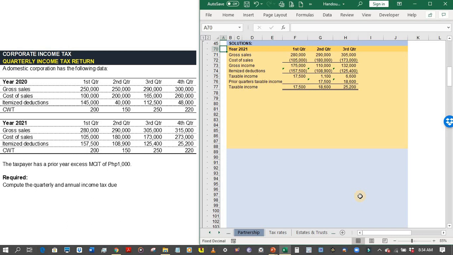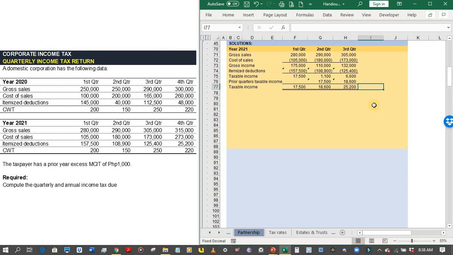So this is for the year 2021, which covers the 12-month period. So unlike what we did in 2020, I've only computed for the fourth quarter taxable income up to this row. Then I added the prior quarter's taxable income, which covers first, second, and third quarter in order to compute for the annual taxable income. But this time, for 2021, I will present to you the computation that appears in the annual income tax return, which already covers the annual information, including the annual gross sales, annual cost of sales, and